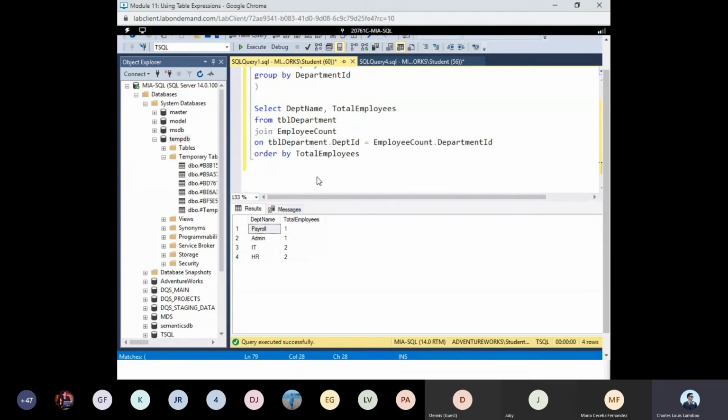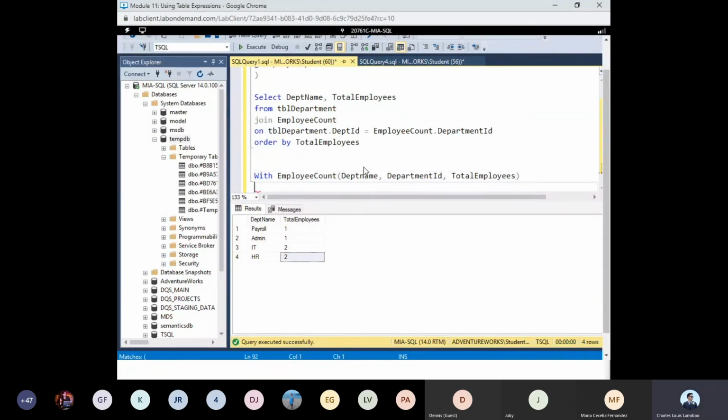Okay? Ngayon, paano natin ma-achieve yung same result ulit? Yung IT na dalawa, yung HR na dalawa. Okay? Using the CTE. Okay? So, gawa tayo uli ng ganon, ng CTE. So, with employee count. So, dito, i-define naman natin tatlong column. So, department name, department ID, and total employees. Okay? As